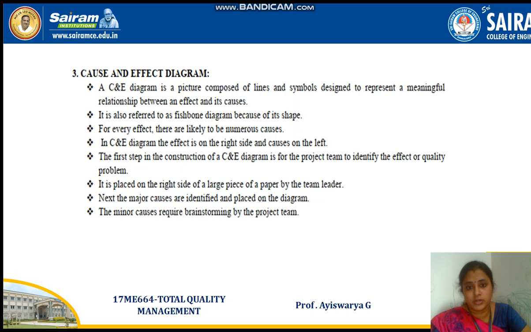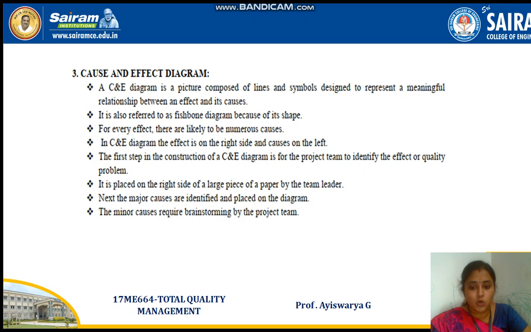That is the major disadvantage. And the next one is the cause and effect diagram. A cause and effect diagram shows what the major causes are. For example, a fishbone diagram will be drawn. In that fishbone diagram, the causes will be on one side and the effects on the other side, categorized on the right and left.